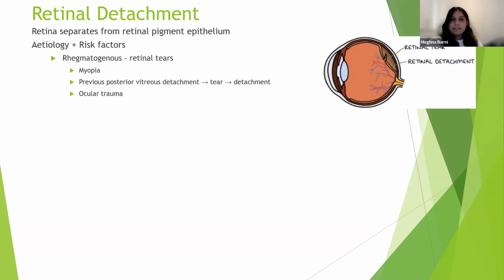There's various types of retinal detachments, or I suppose etiologies. So if we talk about rhegmatogenous retinal detachment, that causes retinal tears. And what we're seeing here is that because the tear is there, the vitreous humor that exists in the rest of your eye is flowing to the back of your eye through that